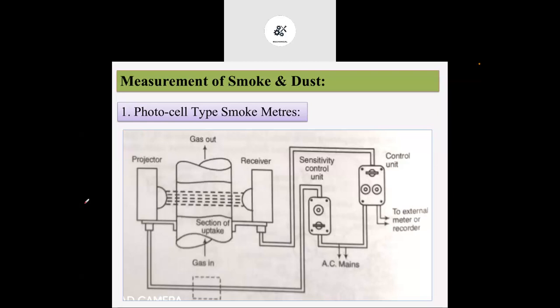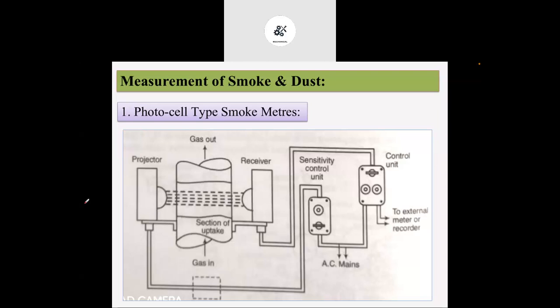Now, next, another instrument we use to measure is that measurement of smoke and dust in the flue gases. As we know, in previous decades, we did not normally concentrate on the amount of dust or smoke present in the flue gases. But after global warming potential and all those effects on the environment, we mostly concentrate on measuring